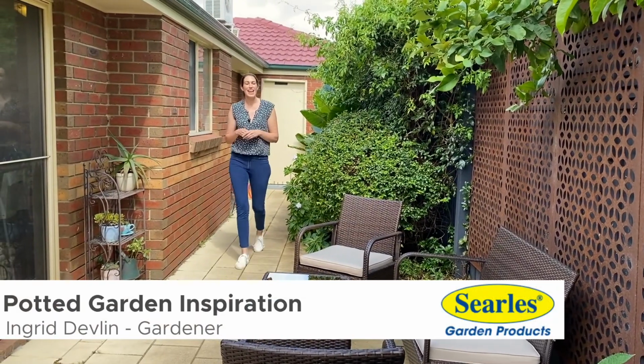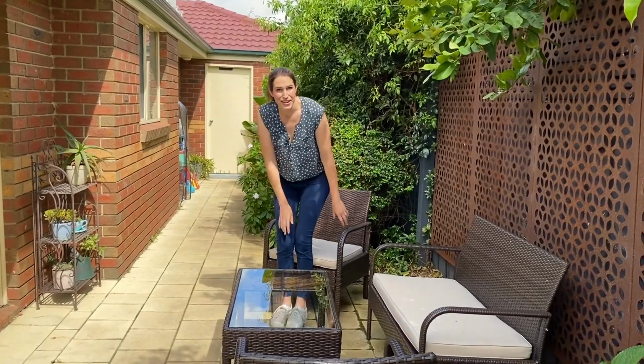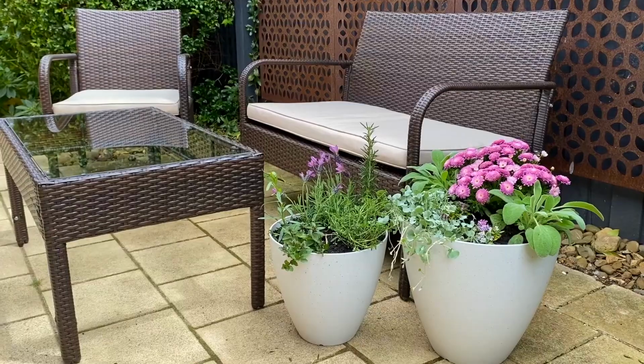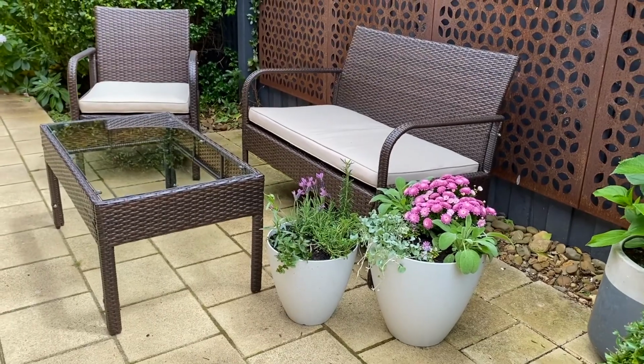Courtyards provide a fantastic opportunity to be creative with plants in pots. This sitting area is missing some colour, and being so close to the kitchen, it would be beautiful to have some herbs growing here too. So I'm going to show you how easy it is to create a lovely potted display to brighten up this